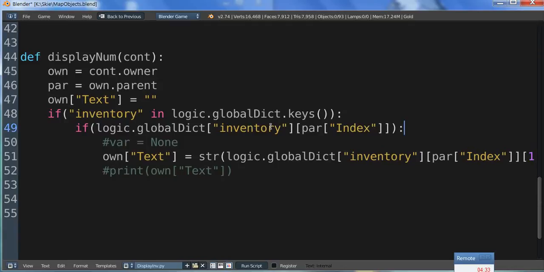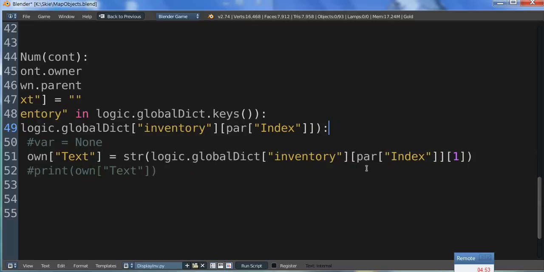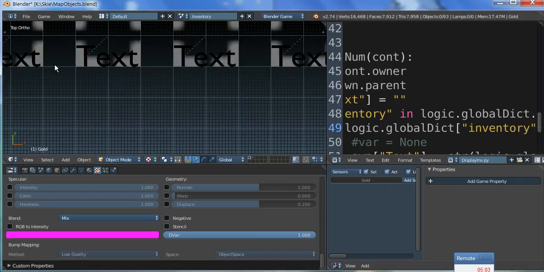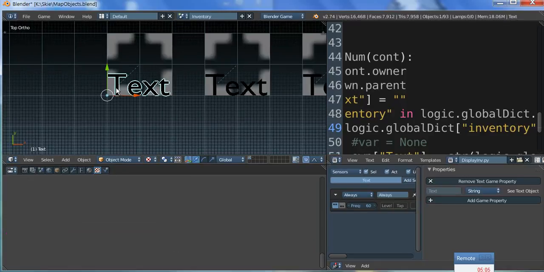This first part, logic.globalDictionary inventory, gets our inventory. This par, PAR, is the owner's parent. And index is the property index. And then we say own property text equals string logic.globalDictionary inventory parent index 1 instead of 0, because 1 is where we put our amounts. And if you haven't noticed, we have text objects, which was a great addition, because